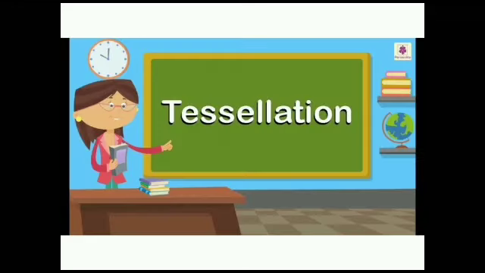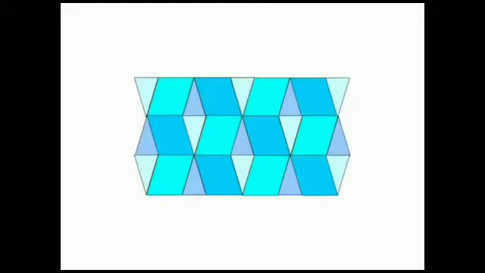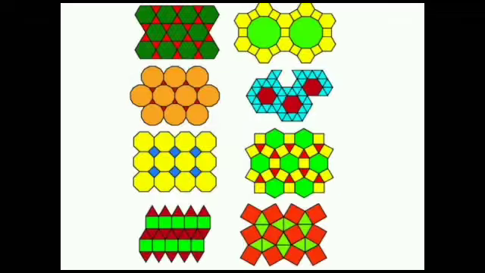Next we are going to see about tessellation. What is tessellation? Tessellation is arranging of shapes close together. Triangles, squares, hexagons or the regular polygons tessellate in the plane. Children, you can also draw like this, tessellating in the plane region using squares etc. 2D shape and 3D shape. Thank you. We can watch it in the next video.